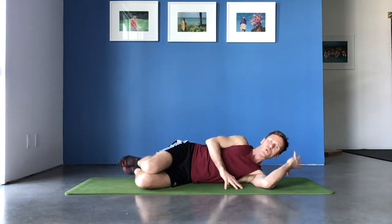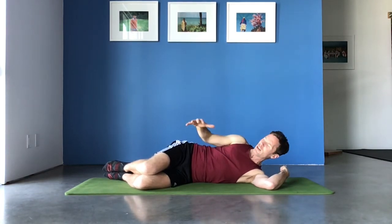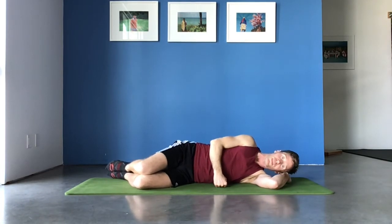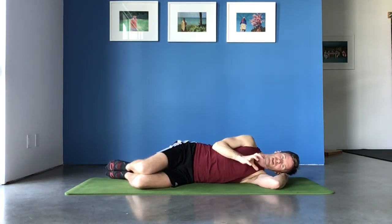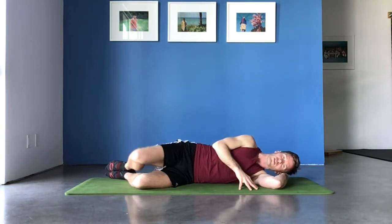if you want. Once you're down on your side, find an extended fetal position here. So you're not too scrunched up or rounded in the spine, but you have those long neutral curves. Once you are there, gently press your 2 feet together, just to create a connection. And then your top knee, in this case it's going to be my right knee, is going to lift up and come down. And 2,